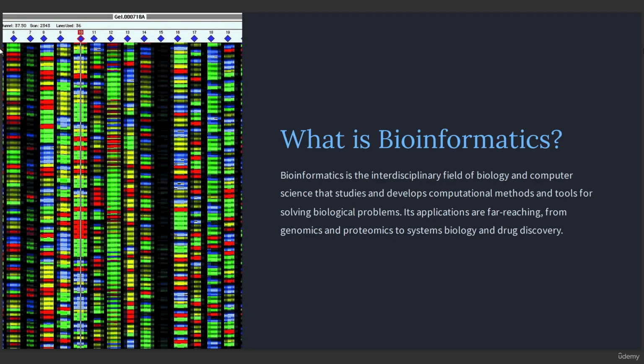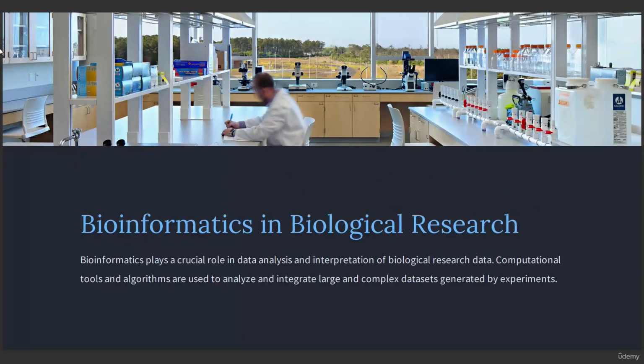Now, where is bioinformatics mainly being used? Bioinformatics is essential for analyzing and interpreting vast amounts of biological data. It integrates computational methods with experimental approaches to uncover patterns, identify genes, and predict protein structures and much more. So it's a powerful tool for advancing biological research. Now we have discussed bioinformatics in biological research and what this main course is about, and now let's talk about